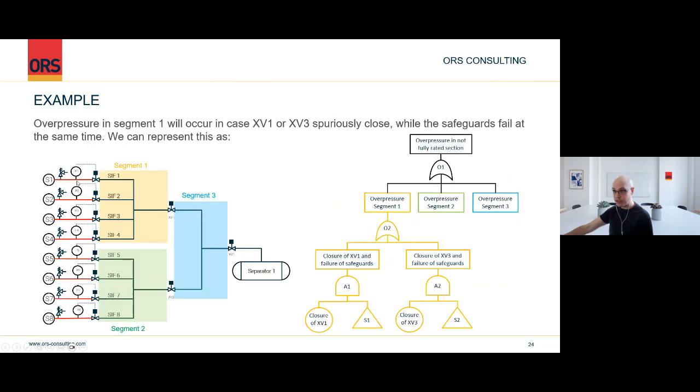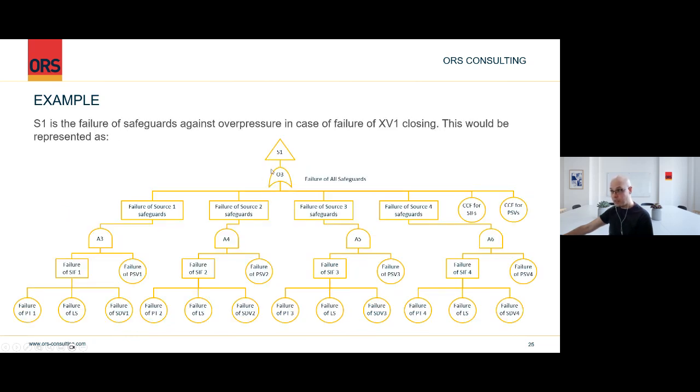So failure of safeguards for source 1, failure of safeguards for source 2, failure of safeguards for 3 and for 4. And if any of those fail, I get a failure of the safeguard, because they all need to work at the same time. Therefore, if this fails, or if this fails, or if this fails, or if this fails, or very importantly, something that you cannot consider in LOPA, if I have a common cause